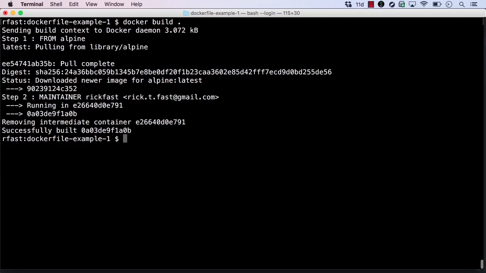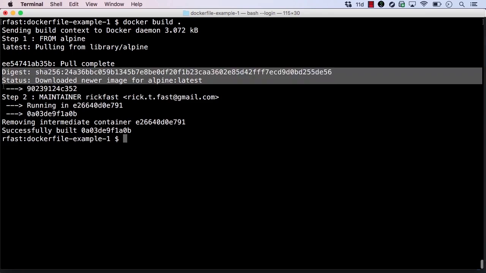We now see a series of steps building our image in the output. The first step is from our FROM instruction. And here we downloaded our base image. Below the step output is an image